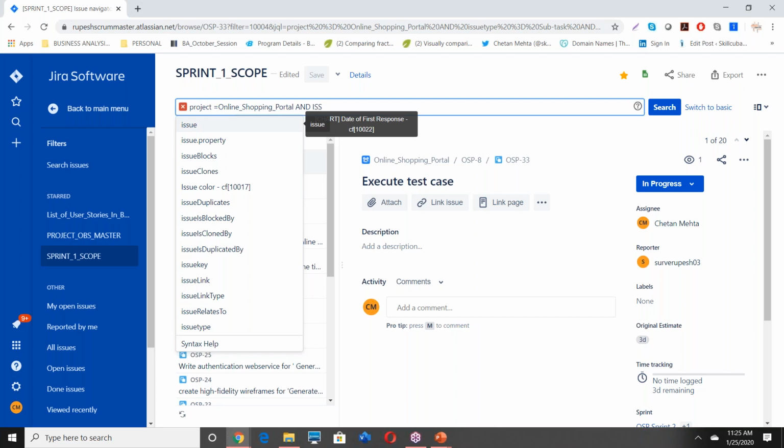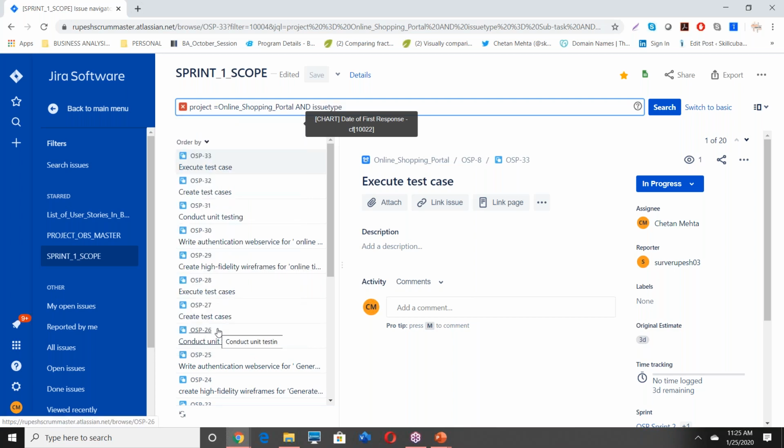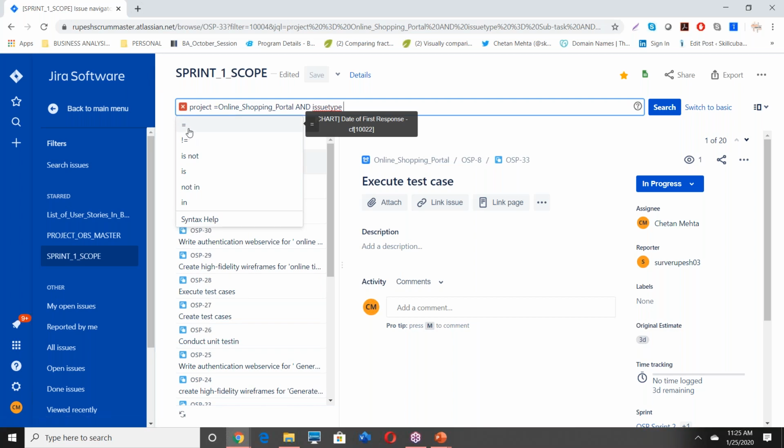Issue type is equal to, what do we need? Story, user story. Okay, that's a story. In some tools, they configure it as user story. Sometimes it's story. It depends on how it's configured. So issue type is equal to story.